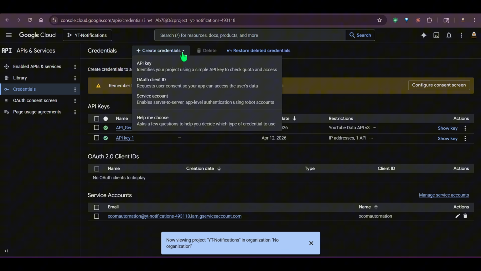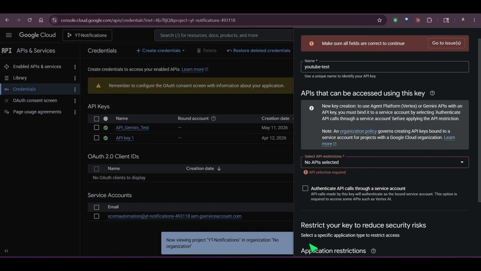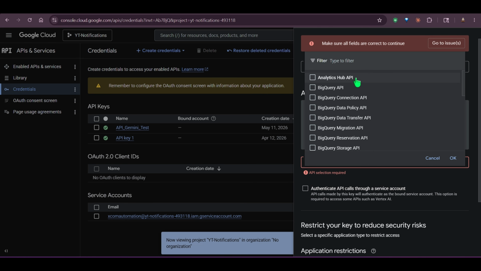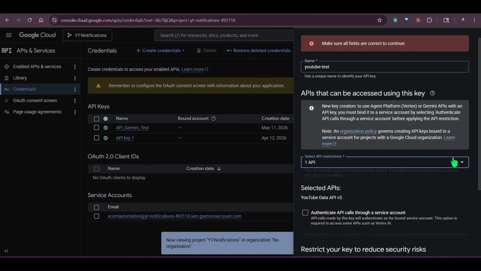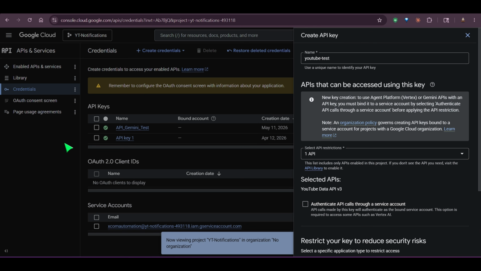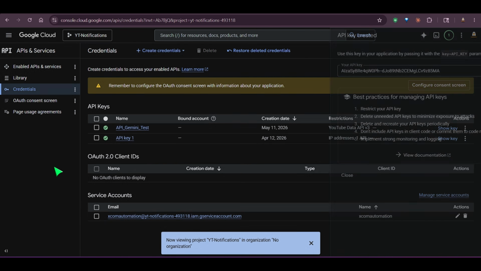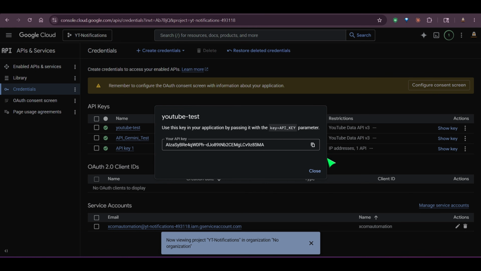So I'm going to go ahead and click on create credentials, then the API key here, and then I'm going to say YouTube test API key, and just click on create here. API key selected. Let's select the YouTube Data API v3, and then click on create. This will create a YouTube test API key that will be available in just a second. So you can see that this is the YouTube test API key, show key, and you can take this key,